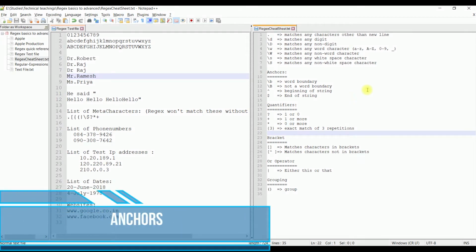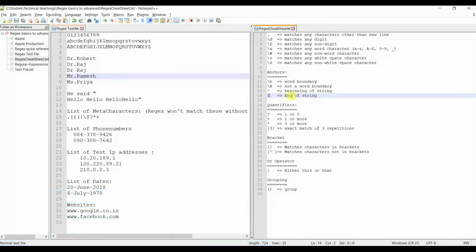So what are anchors? Anchors are regex characters which won't match any text by themselves. Seriously, you can see from here this \b, this \B, this caret character and this dollar won't match any characters by themselves. But they give some special meaning or property when used in addition with another regex search pattern. So if you use \b here, for example,